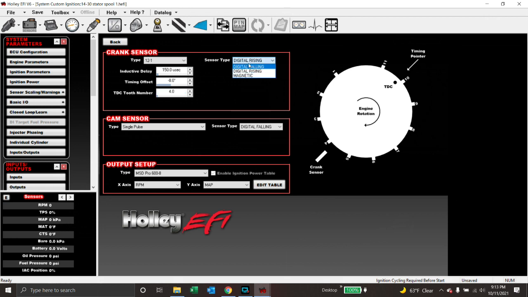So we can change, if we change where our TDC tooth number is or our timing offset, it will shift it, right? Digital falling, digital rising, doesn't matter. Timing offset, we go 15 degrees, it's shifting it. If we go back to 0, it's shifting it. If we go back to -8, it's moving it there. And then we go to falling. And then obviously you move your TDC tooth number. So it makes life a little bit easier when it comes to setting up